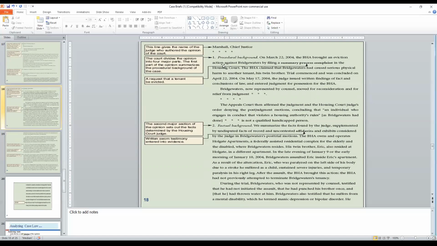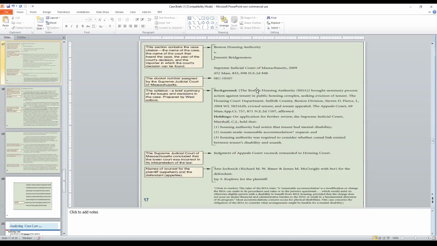So this justice chose to begin with a procedural background. It's probably more common for opinion writers to start with a factual background because, of course, the facts happen first. In this case, we'll learn, here we go, the facts that are important are going to be, well, what did Mr. Bridgewater do that made the housing authority want to evict him? That's probably what the facts are about, right? And then